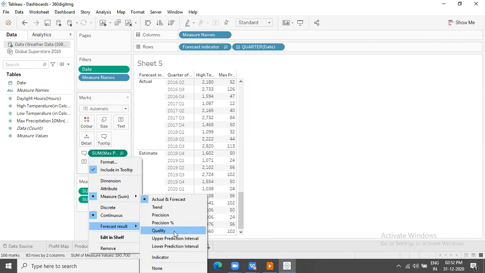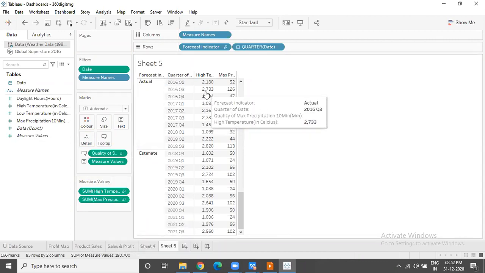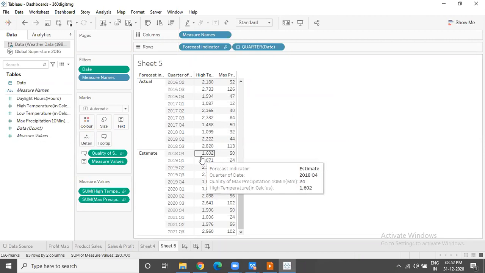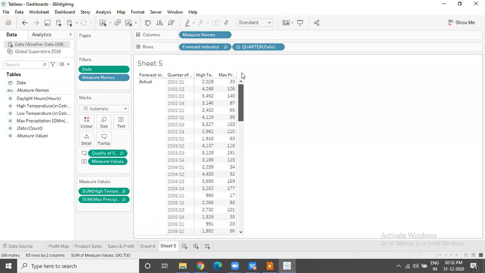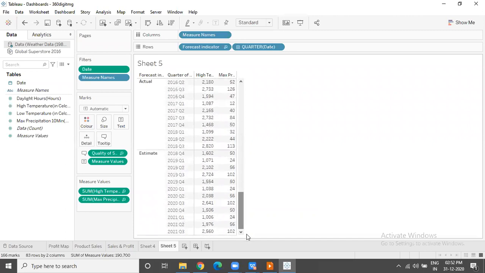Now, when we check the quality, if that quality value under the estimate is greater than 70, then it is said to be a good estimate, meaning it is accurate. Quality should be greater than 70, which is an industry standard. Here we can see that the quality is not so good. So the data is either not good enough for the estimation or not reliable enough. We can conclude that because the quality is less than 70, what we have estimated may not be very accurate.